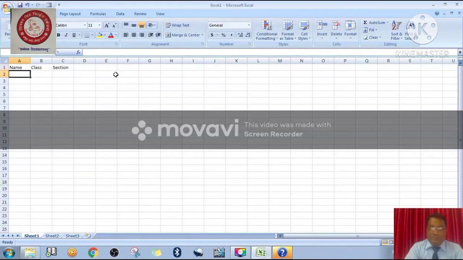Once you press the Enter button, immediately it comes to the second row. Suppose I have written here my name, that is Virendra. Then suppose I have written 10. Then after I have written this, immediately press the Enter button, and it will come to the next row. Okay. So this is the way to enter your data. Students, I hope you have understood it, and if you have any kind of problem, definitely you can ask me anytime. Okay students, now I am going to close this window.